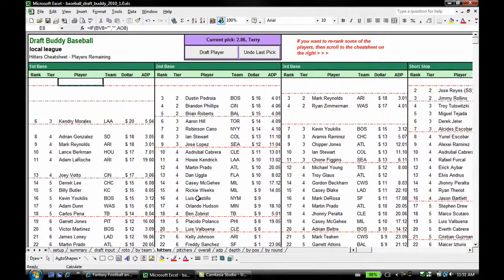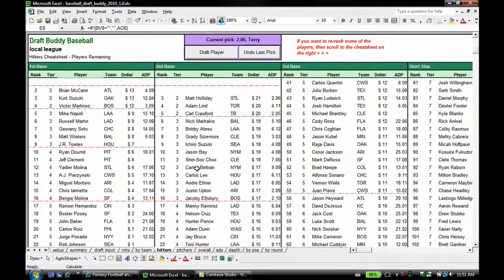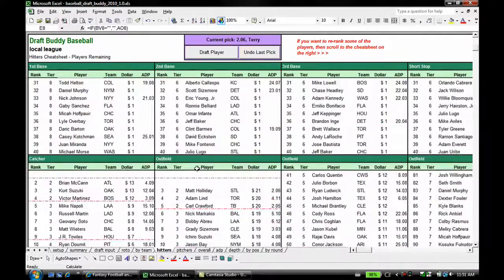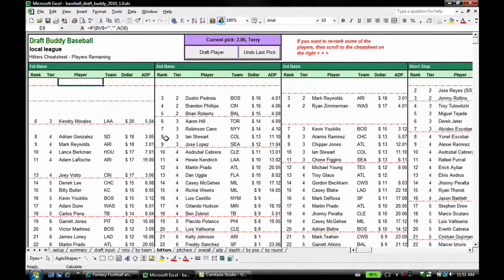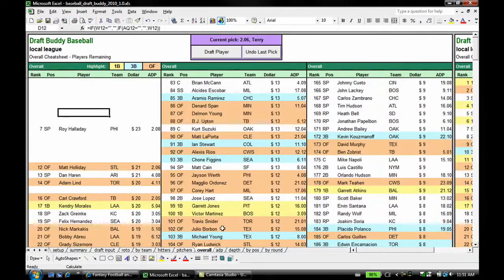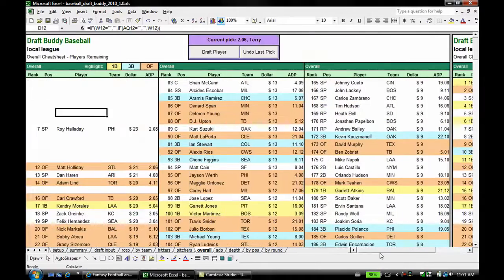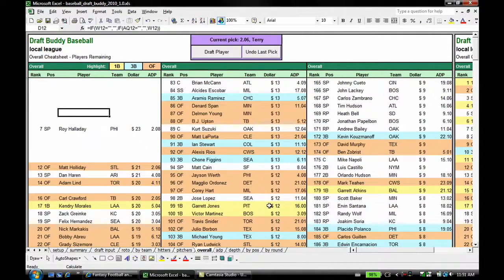Now, the important thing is here, the left side is what you're going to be looking at mostly, which shows the players that are left, and you can quickly identify, okay, what players are left and who am I targeting for this draft pick. The Pitchers tab is set up the exact same way right here. The Overall tab is set up the same way, showing the overall rankings. Here's the cheat sheet as it came out of the compiler. Here is the players remaining